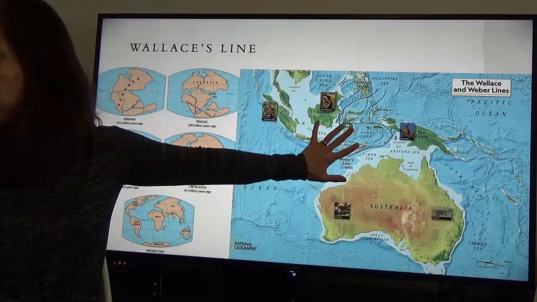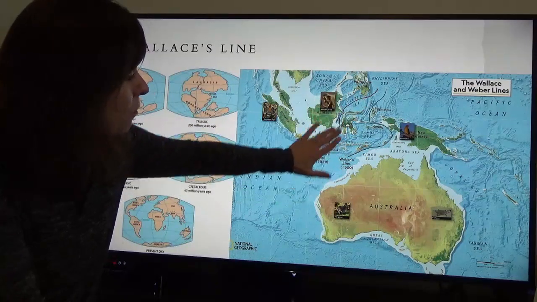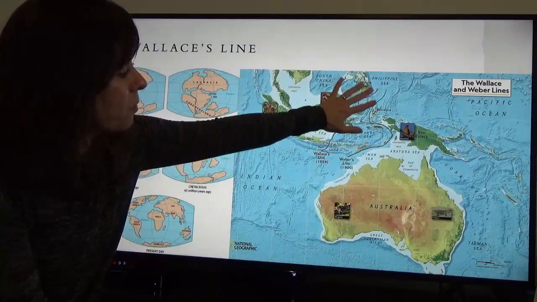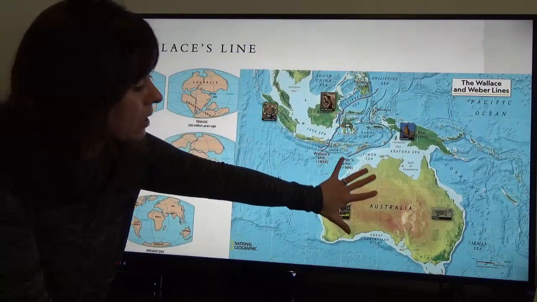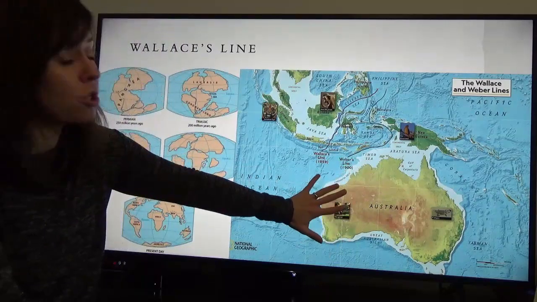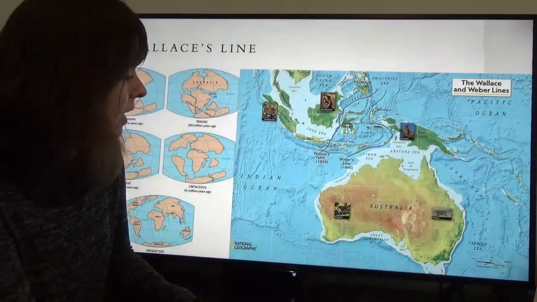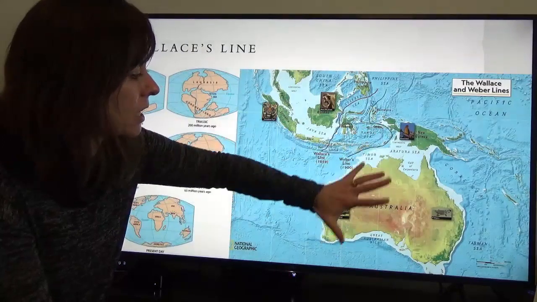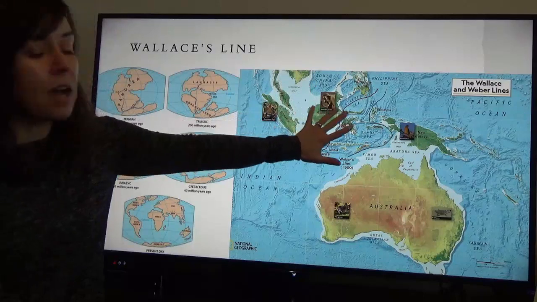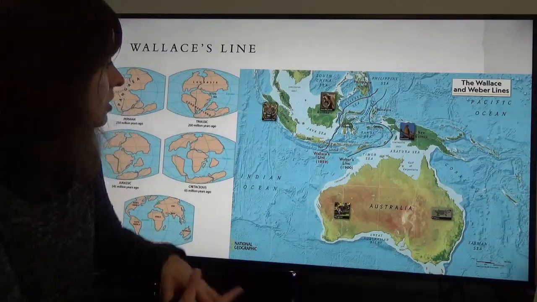The most notable difference is that, to the southeast of these lines, and so here we have Wallace's line, which he drew in 1859 and which was revised by Weber in the 1900s, we have a lot of marsupials and monotremes, so these really unusual mammals that you find in Australia and New Guinea and New Zealand. And then to the northwest of the line,